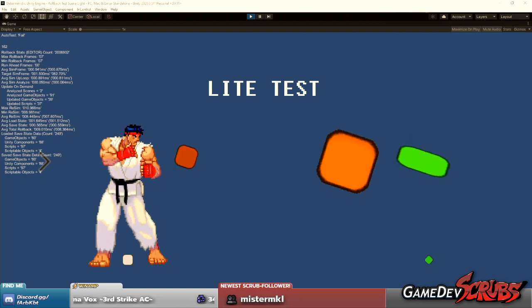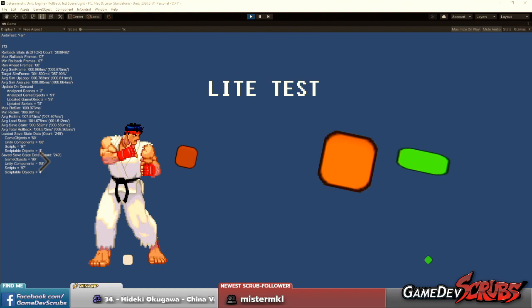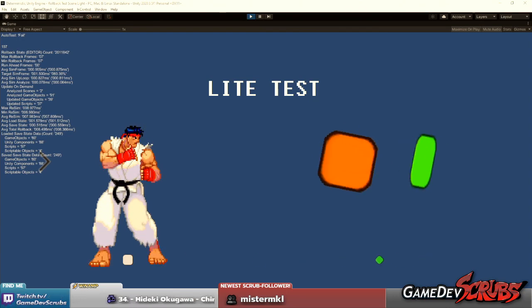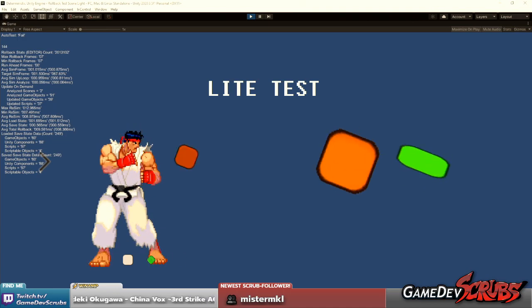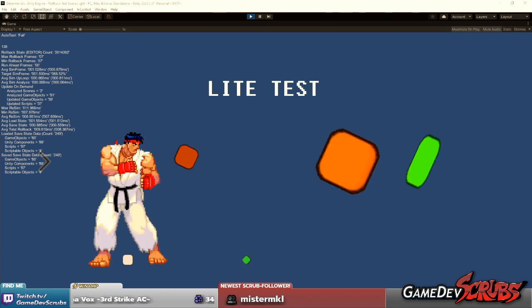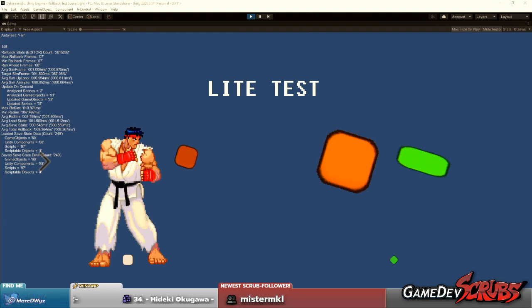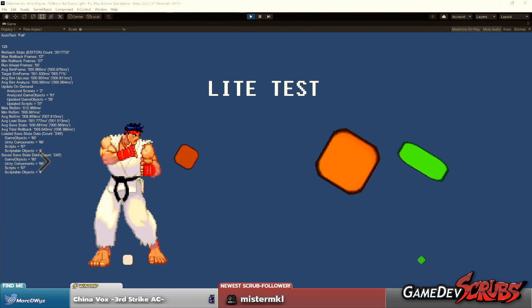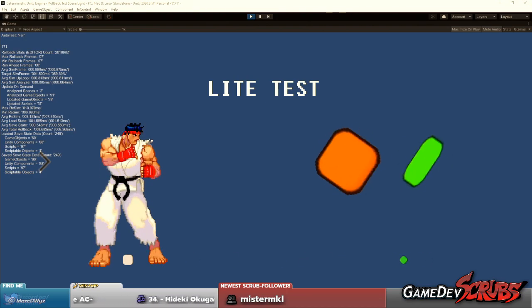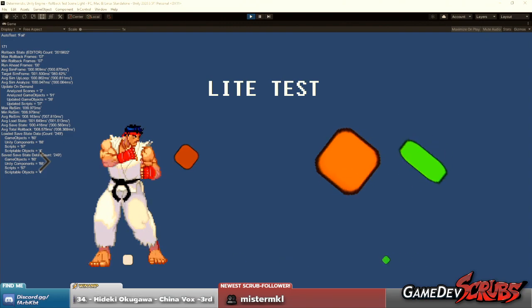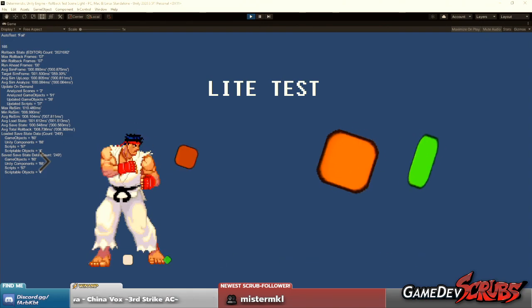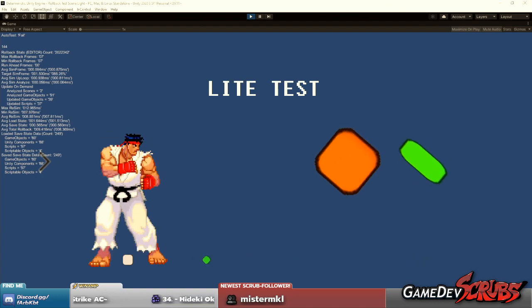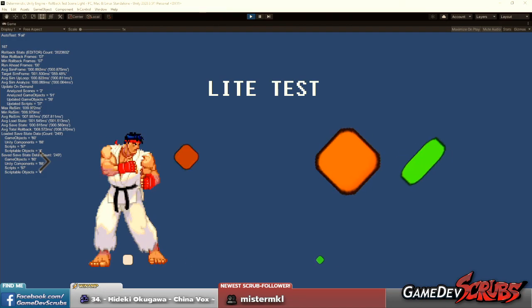Would rollback be easy to brute force into PS1 and Dreamcast era games? We've seen it with Marvel vs. Capcom 2 and +R, but not much else after the 16-bit generation. Both yes and no. So the Marvel 2 would roll back on 360. Like, they had the ability to get into the game and edit the game to do that. And the PlayStation ones, at this point in time, you could emulate the PlayStation ones fast enough that you could just brute force the rollback. But the Dreamcast probably is going to be a little trickier.